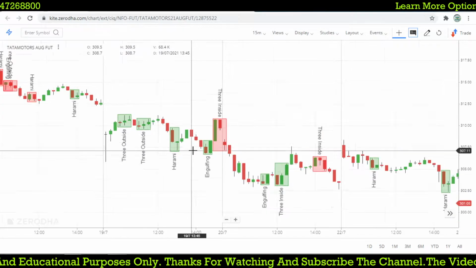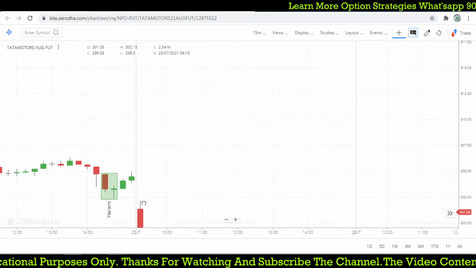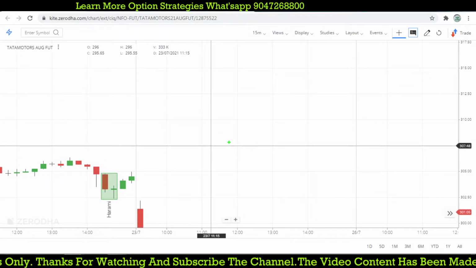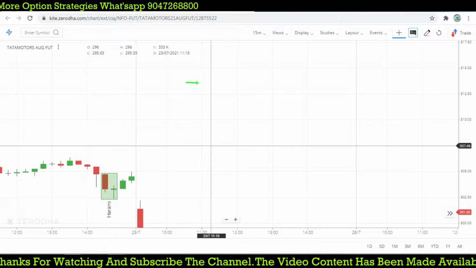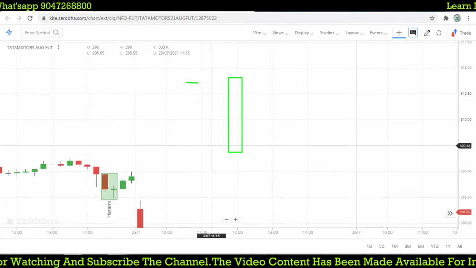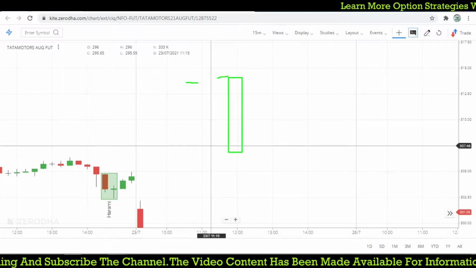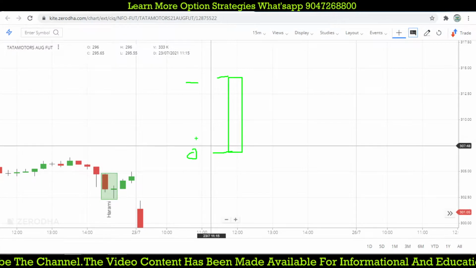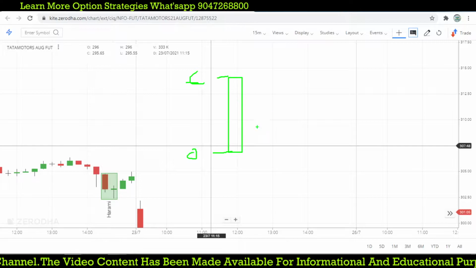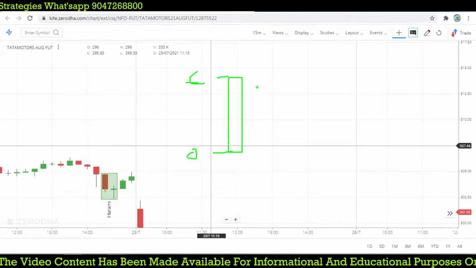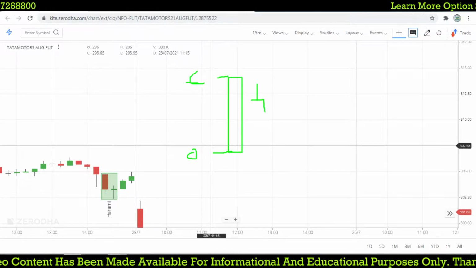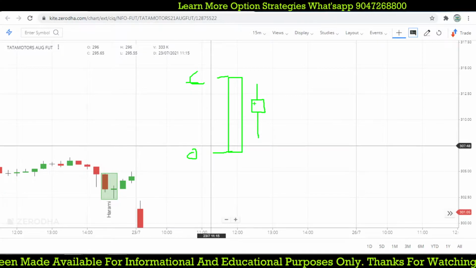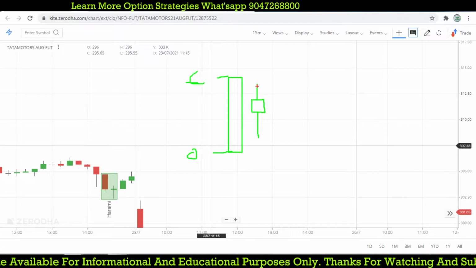So what exactly am I expecting in the candlestick pattern? Let me show you. Let's say this is a green candle. If it forms a green candle, this is the open price of the candle, and this is the close of this candle. So the next candle's high and low should be in between the body of this previous candle. And this should be a red candle.